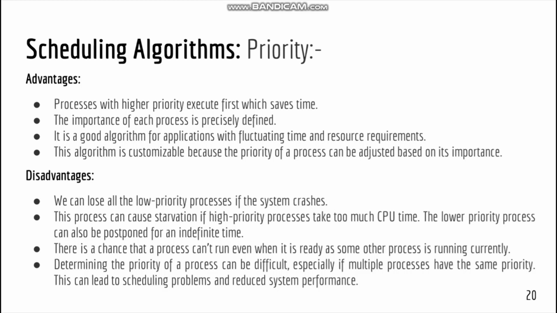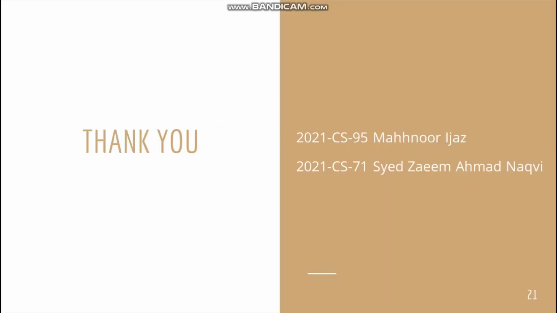So this is our complete discussion about the process scheduling algorithms in an operating system. We have studied the FCFS scheduling algorithm, priority based algorithm, round robin, and also the SJF scheduling algorithm. So this is the whole discussion, and if you have any question, then please ask. So this is the complete discussion about this topic. So thank you.